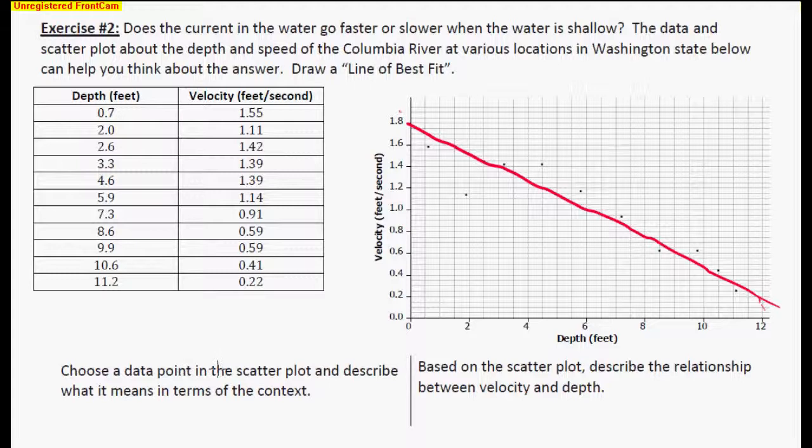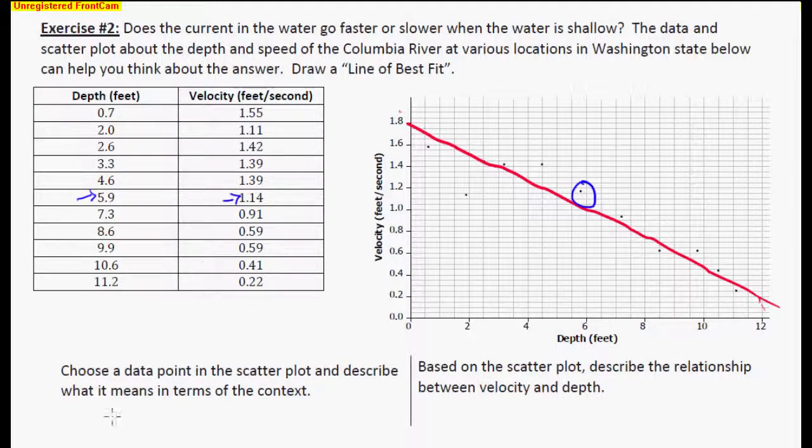Choose a data point in the scatter plot and describe what it means in terms of the context, okay? So let's just pick a point. Let's take this one right here. And what does that mean in terms of the context of the problem? Well, it tells us 2 things. It tells us the depth of the river, and it tells us the velocity of the river, okay? And that just happens to match up with, I believe, this point right here,